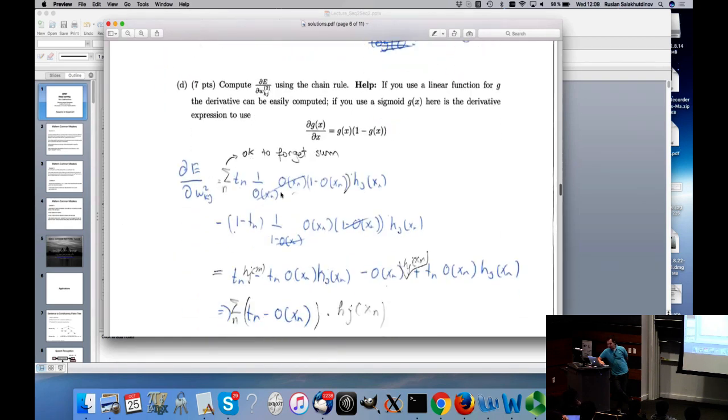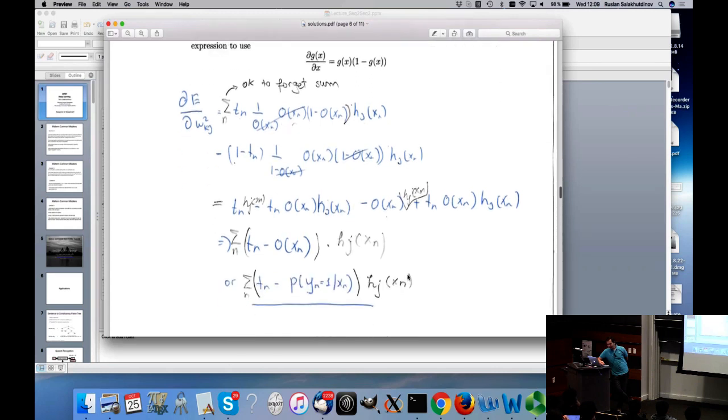Computing the derivatives, you just compute the derivatives. If it's a sigmoid and so forth, then you get the answer here. If you don't have this sum, that's fine. It's not necessary. If you do have the sum, that's okay, because you're typically summing over a number of training examples, but that's okay if you didn't. Ultimately, what the expectation was is that you should come up with this representation, right? What is this representation? It's your target minus your prediction, multiplied by the hidden units, Hj, which is the derivative with respect to the output, the sigmoid output layer. Okay? Any questions?